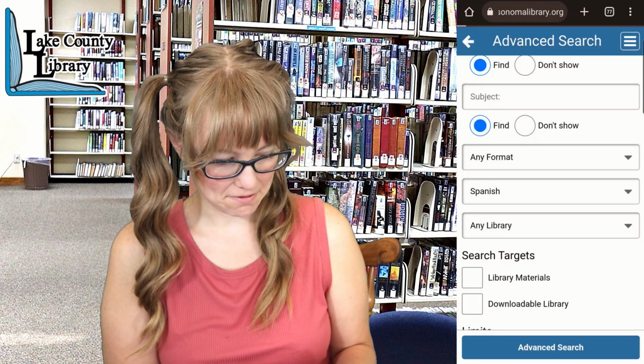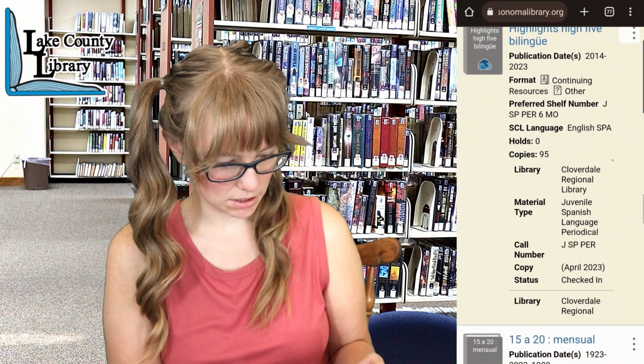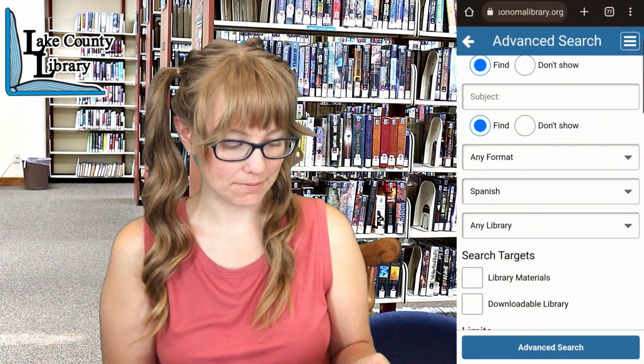And we'll just go advanced search. Now we have some books that are in Spanish, lots of J resources. So as you can see, we do have some great Spanish resources here, lots of stuff for kids. So that's one option. That's one way that you can use the Lake County Library for free to work on